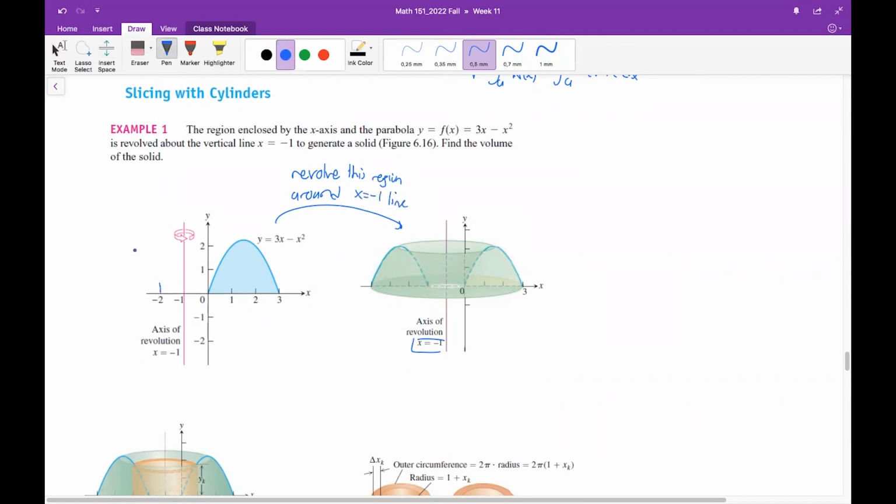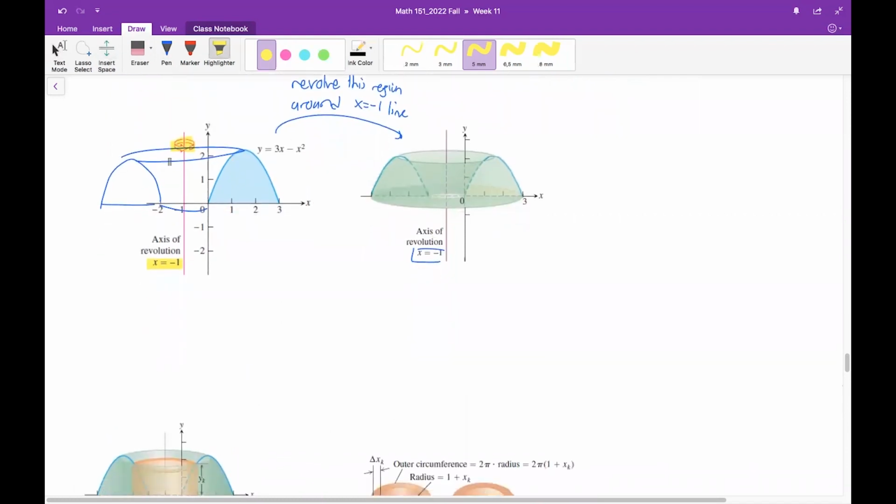So if you revolve it around the x equals 1 line, you will imagine such a three-dimensional object, obviously. So this is your axis of revolution, not the y-axis, but the x equals 1 line. We want to compute the volume of this